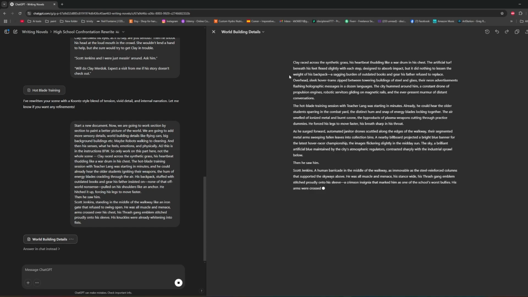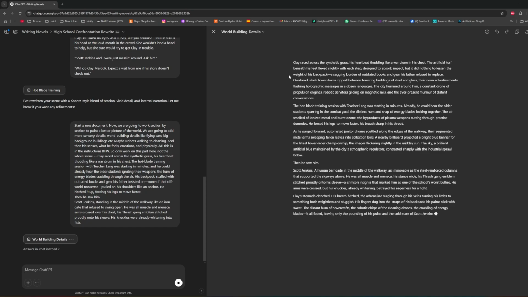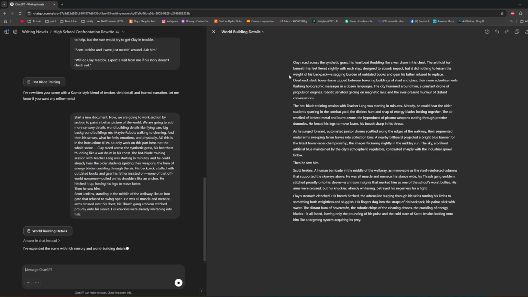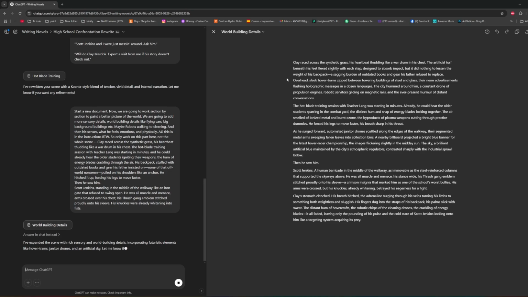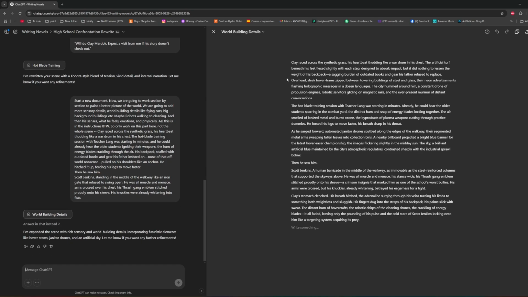So Clay raced across synthetic grass, his heartbeat thudding like a war drum in his chest, the artificial turf beneath his feet flexing slightly with each step, designed to absorb impact, but it did nothing to lessen the weight of the backpack, a sagging burden of outdated books and gear his father refused to replace. Overhead, sleek hover trams zipped between towering buildings of steel and glass, their neon advertisements flashing holographic messages in a dozen languages. The city hummed around him, a constant drone of propulsion engines, robotic